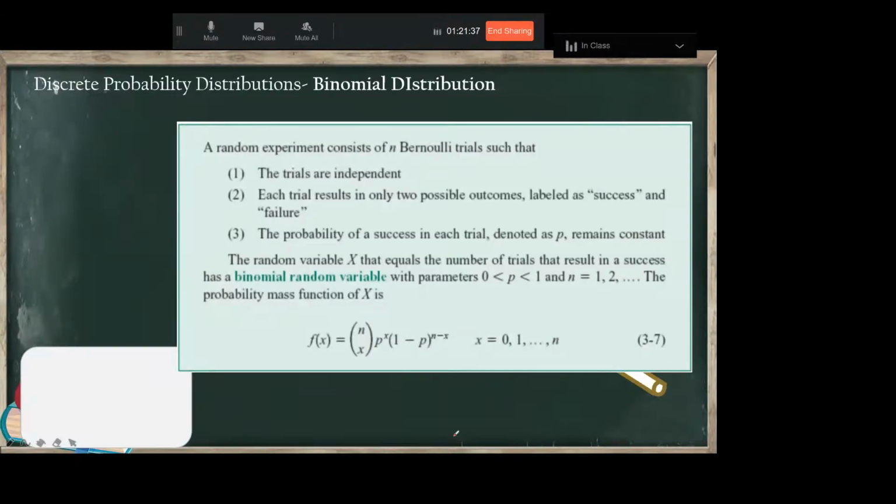So how can we define this, and how do we calculate the distribution? We can define a random experiment that consists of n Bernoulli trials, as we know. The trials are independent. We already know about this, right? It means that every time it can have a distribution from p and q. Each trial has only two possible outcomes: success and failure. We know that because it's the same definition as the Bernoulli. The probability of success